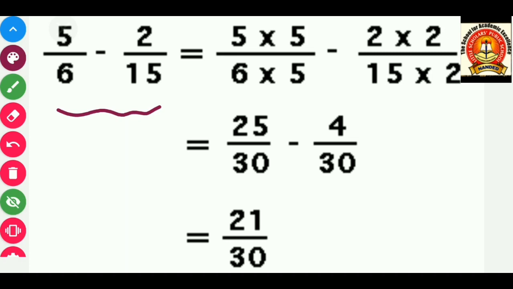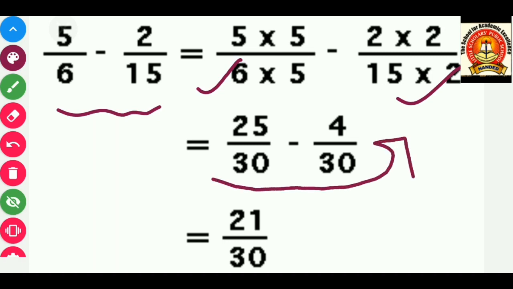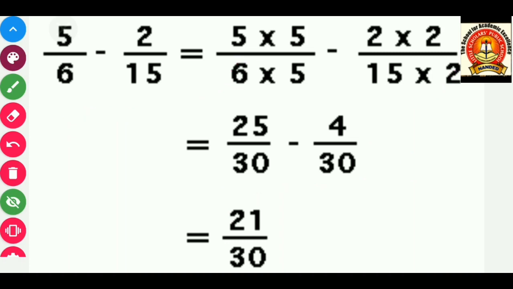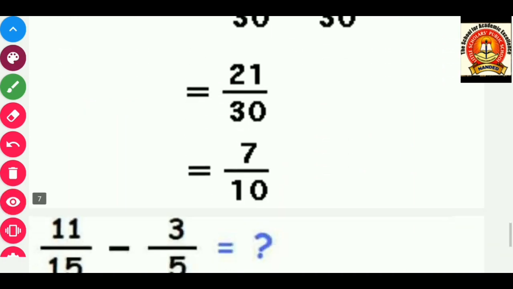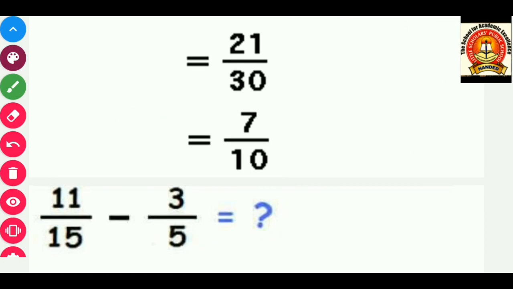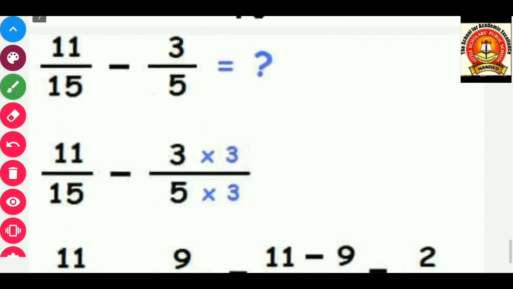So I am going to make them equivalent fractions by multiplying the first fraction by 5 and multiplying the other fraction by 2. In this case I'll get an equal denominator right here. 25 upon 30 minus 4 upon 30. You just need to get the subtraction done here, right? Because denominators are equal now. 25 minus 4 is 21 upon 30. That we have simplified, we get 7 upon 10.